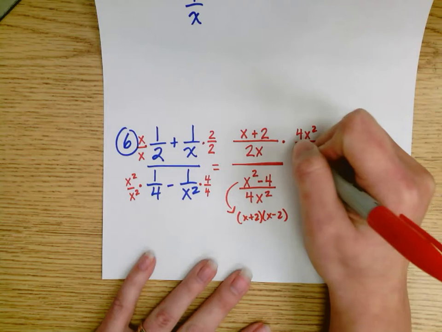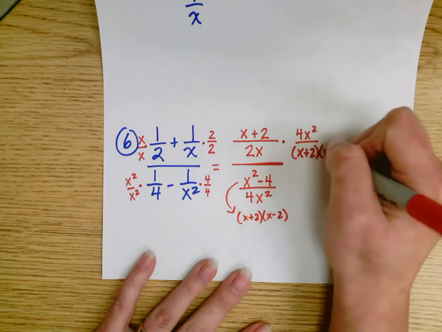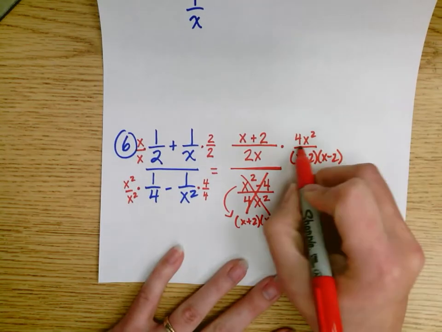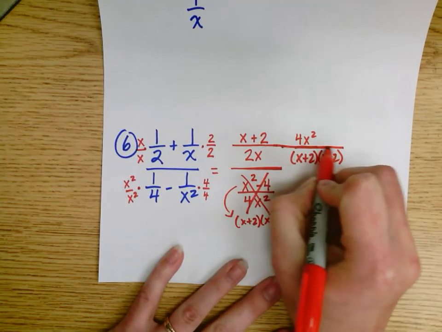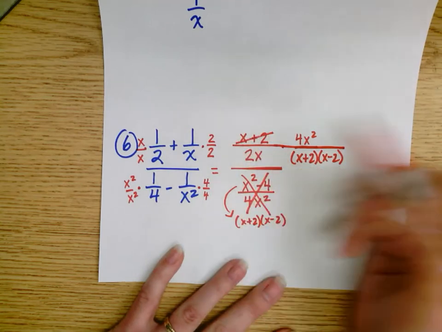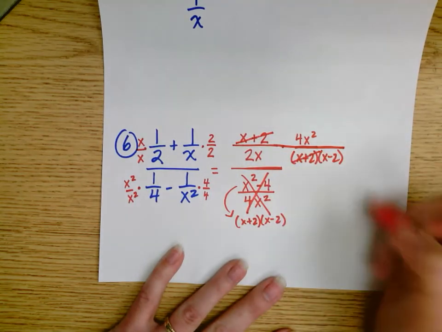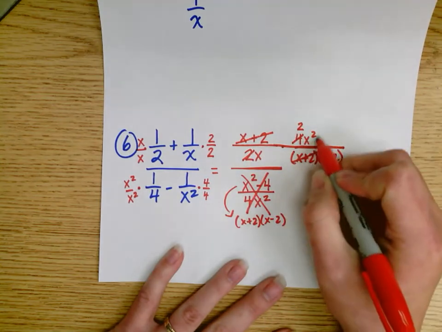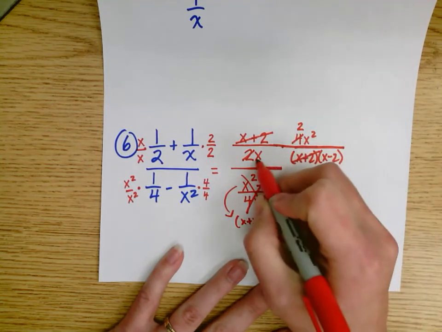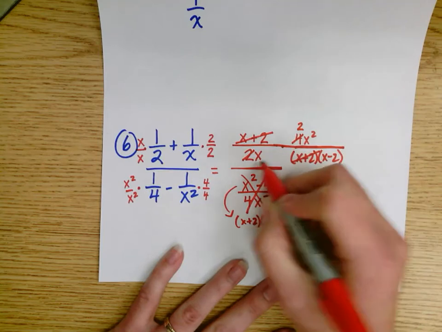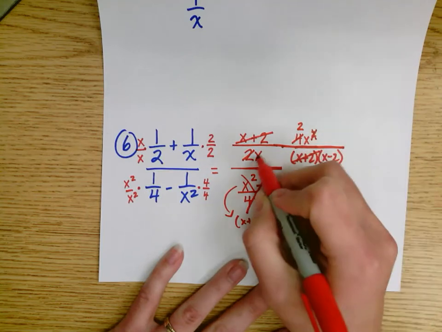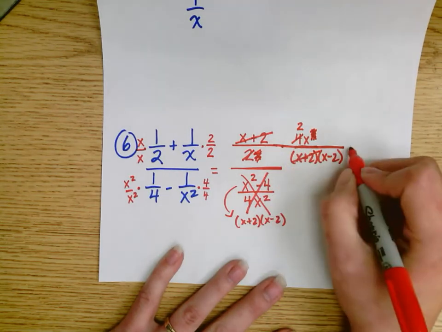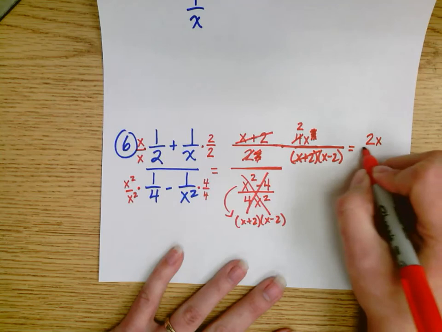So x plus 2, x minus 2, because I'm going to be canceling it out anyway as I simplify. So x plus 2 cancels with x plus 2. 4 over 2 will simplify to 2. And then there's 2 x's here and 1 x here, so 2 x's on top and 1 x on the bottom. I can cancel out one of the x's, so I'll get rid of that. So it looks like in the numerator I have 2x over,